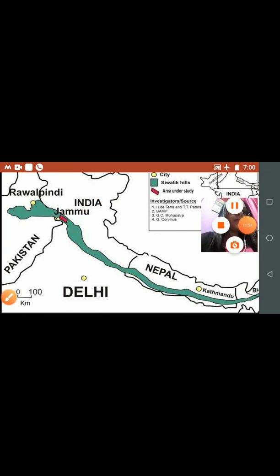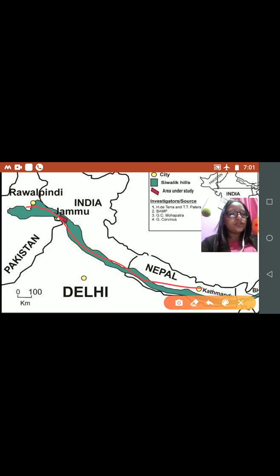One very interesting fact about the Shivaliks, please listen very carefully. Its elevation ranges from almost 900 to 1200 meters. One important thing you need to remember: the Shivaliks is not a continuous range and it is broken in many places. Such broken places are actually broken by valleys, and that valley is